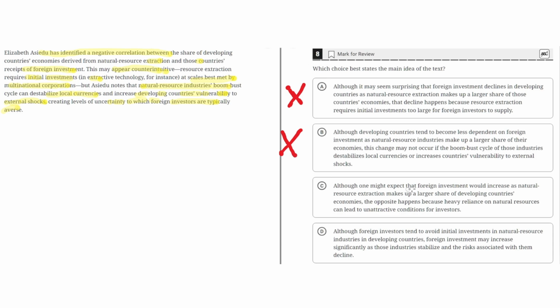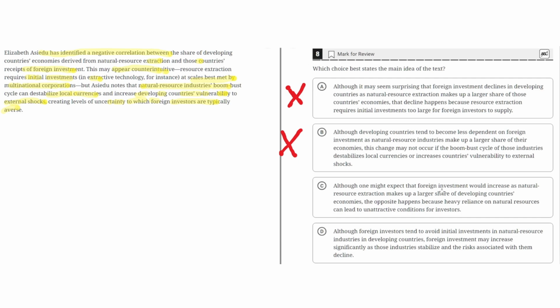C. Although one might expect that foreign investment would increase as natural resource extraction makes up a larger share of developing countries' economies, the opposite happens because heavy reliance on natural resources can lead to unattractive conditions for investors. So this seems to be the correct answer because both parts of the answer choice are correct,